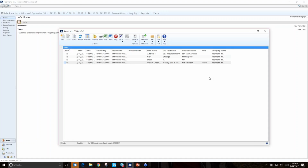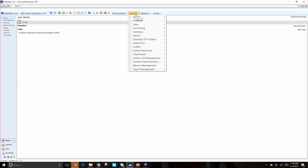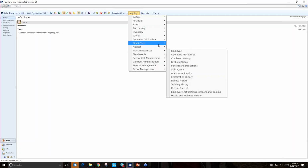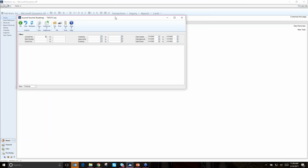Now, we did have some requests from customers for additional information around things that are happening in the general ledger. So last summer, we added a new feature called the Journal Voucher Roadmap. If we go up to Inquiry and grab Auditor and grab that roadmap, this is basically